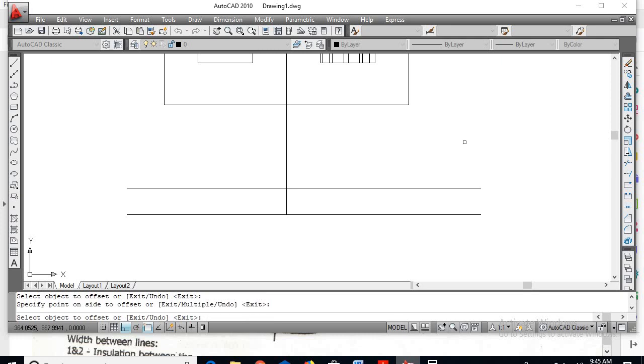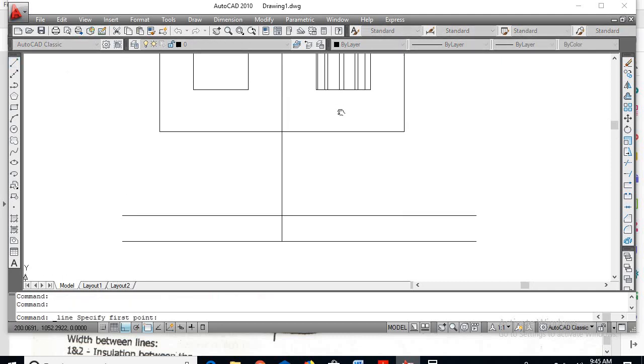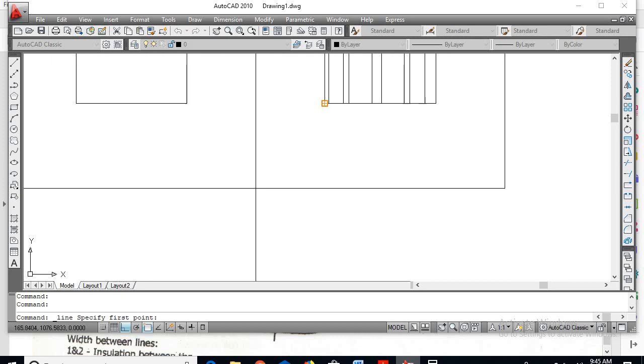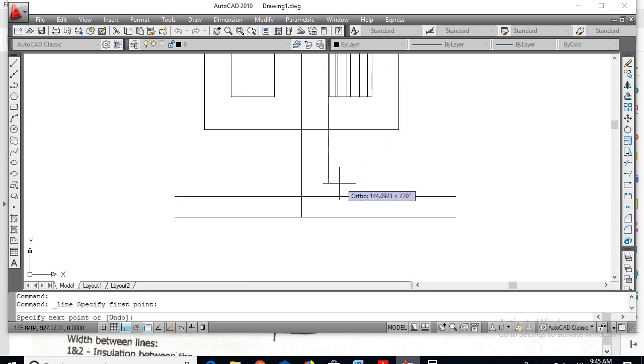Okay, so now I'll extend the lines we have drawn in the elevation part up to the center axis, that is a reference line. Up to here, join the lines.